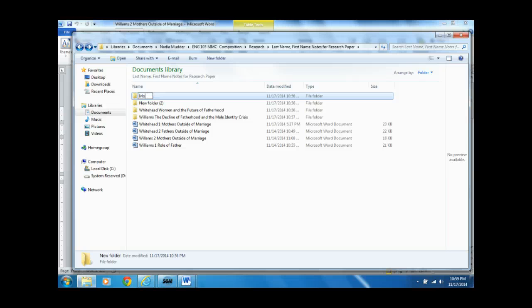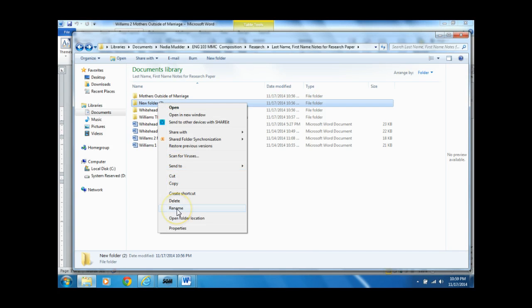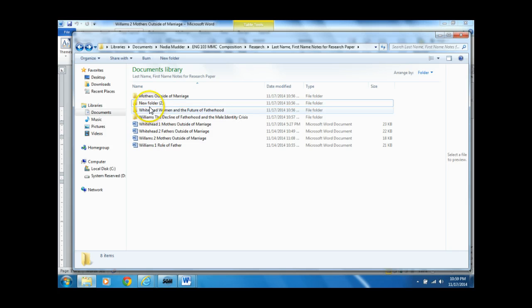So what I'm going to do here is put this subject matter as the title of my folder. Okay. And the same thing for the fathers. And these 2 very specific pieces, Mothers Outside of Marriage and Fathers Outside of Marriage, are answering my research question. So the ideas in these folders are going to be answering my research question. I'm going to be breaking it down into those 2 sections. So because I have one note card from Whitehead that is Mothers Outside of Marriage, I can put that into